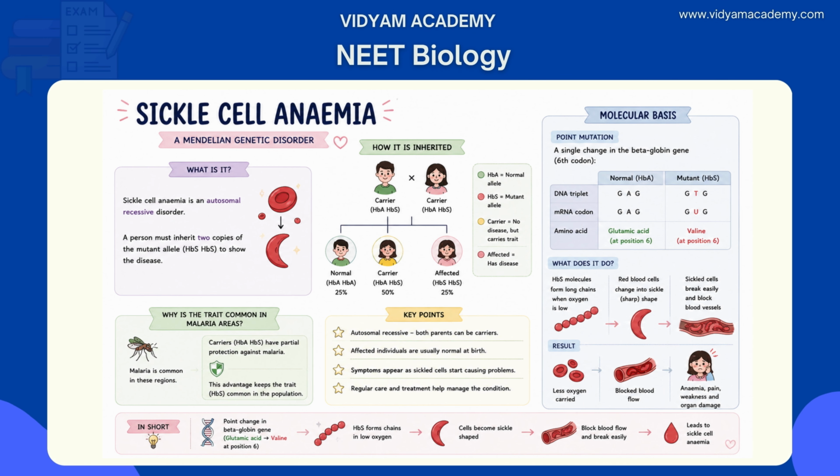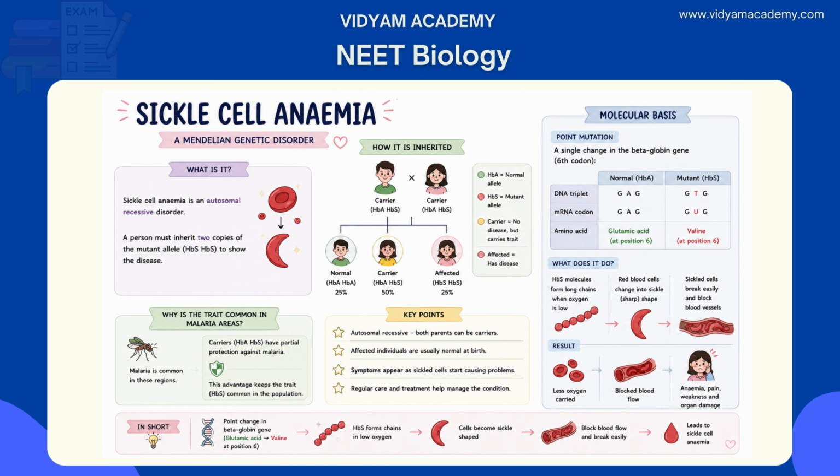Sickle cell anemia is an autosomal recessive disorder. An individual must inherit 2 copies of the mutant allele, HbS and HbS, to show the disease. So here heterozygotes, HbA HbS, are carriers who have the sickle cell trait. They are mostly normal but have partial protection against malaria, which explains the high frequency of this allele in malaria endemic regions. The molecular cause is a single point mutation, a substitution of adenine by thymine at the 6th codon